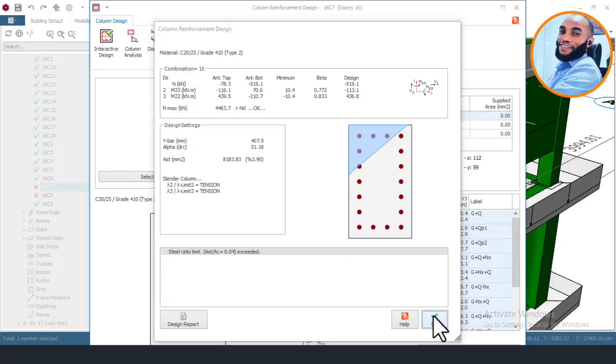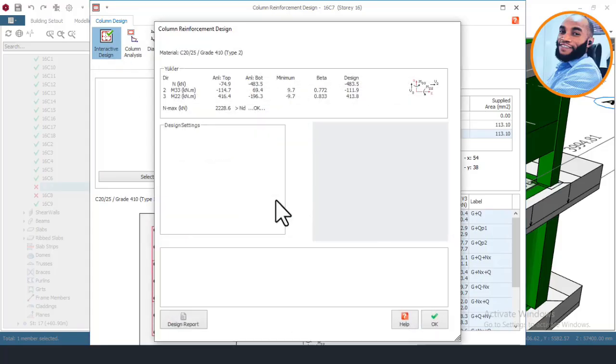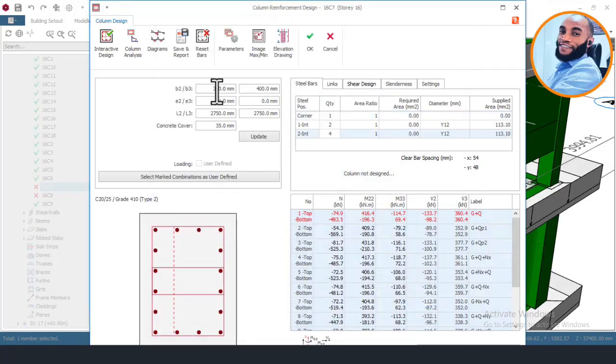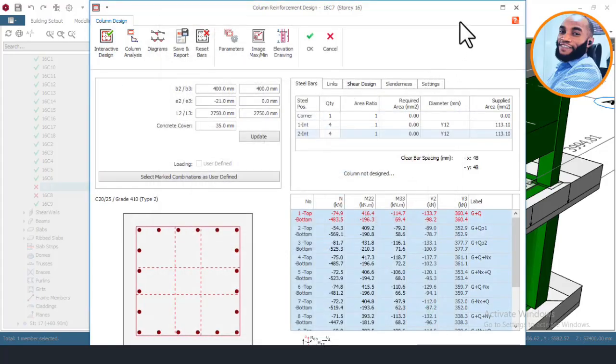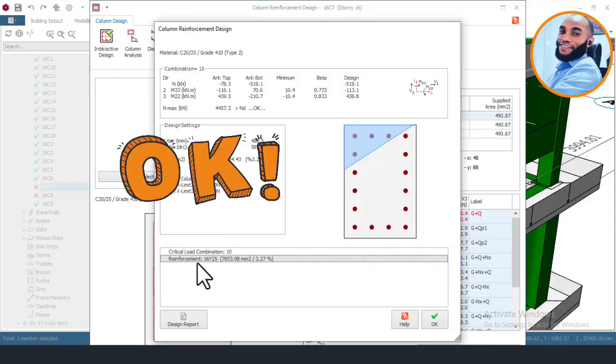Okay, so I'll come here right now and say okay here, and I'll reduce this to 400 by 300. Let me see. Okay, update and then come here, design. Okay, now they're saying that the section is insufficient, so I'll come here again and say okay here, and I'll make this 400, and then okay, and then design here. The same thing again. Okay, so I'll come again right now and change this to 600 by 400, and then update here, and then come here and design,